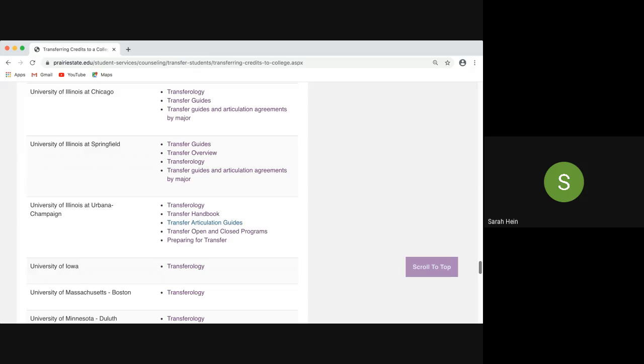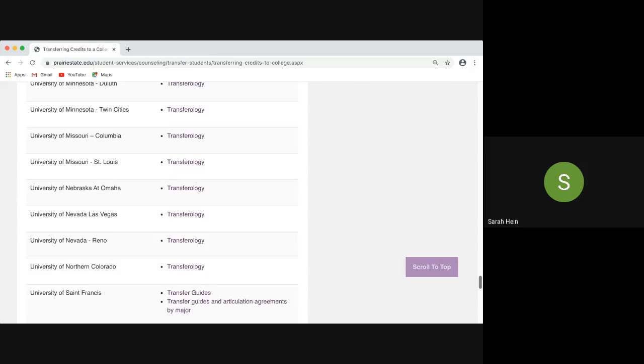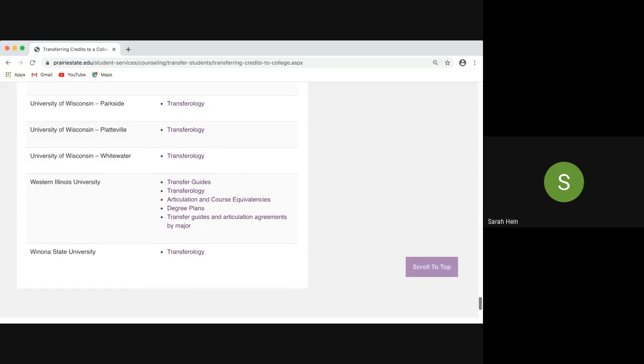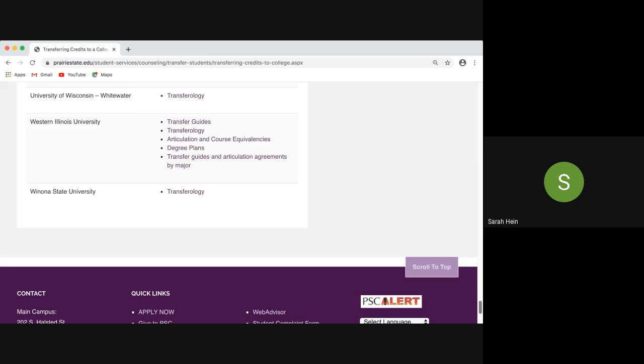So that is an overview of the various ways that universities typically document how you can transfer your courses to them, how the courses are direct matches, and on this webpage there are links of how you can, the schools have it set up where you can manually compare what's required for the degrees and the matching coursework at Prairie State. I am a resource to Prairie State students. If there's any questions, you can email me at